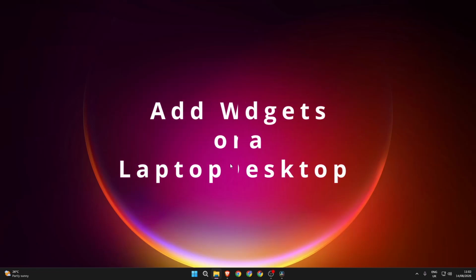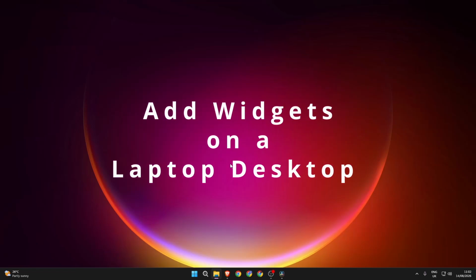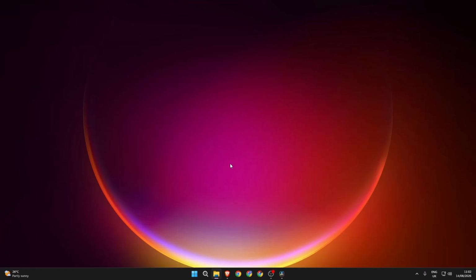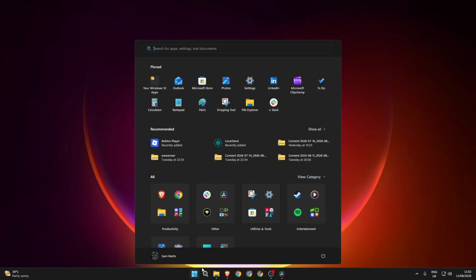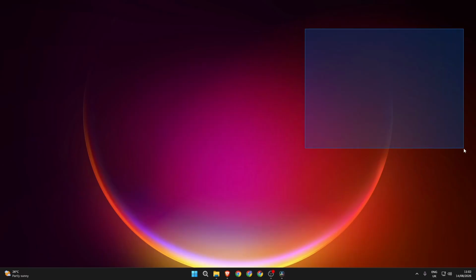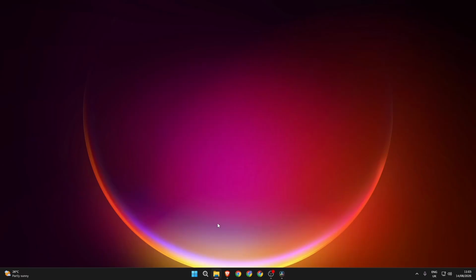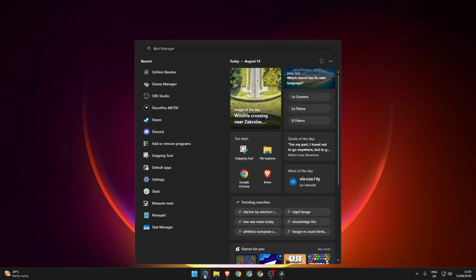I'm going to show you how you can add widgets to your desktop. Additionally, I'm also going to show you how you can add widgets to your start menu. So you can choose whether to customize your widgets on your start menu here, or you can have widgets on your desktop here. So the first thing that we want to do is open up our search bar and type